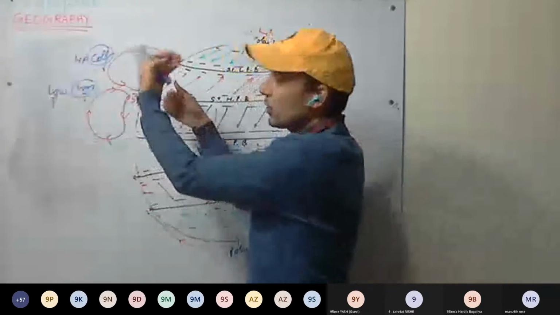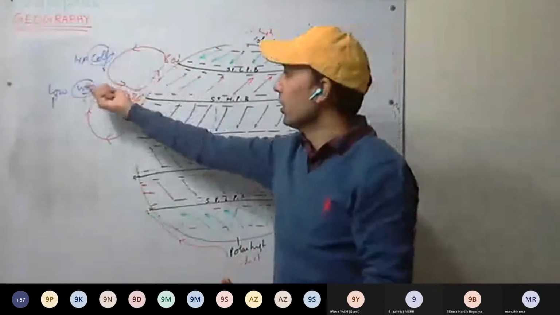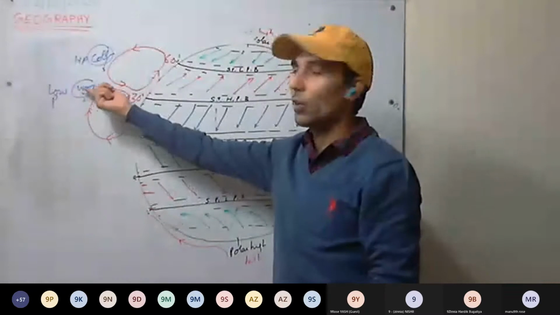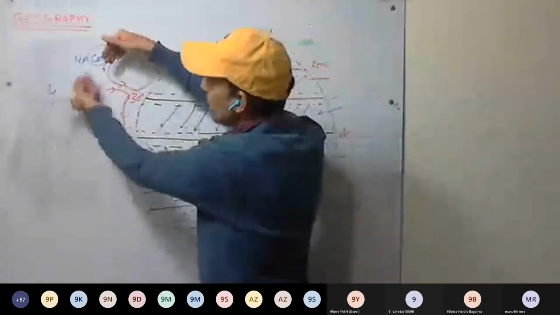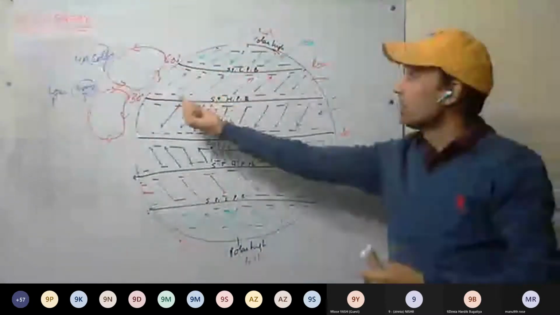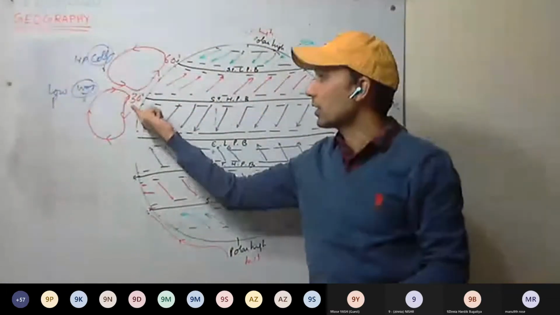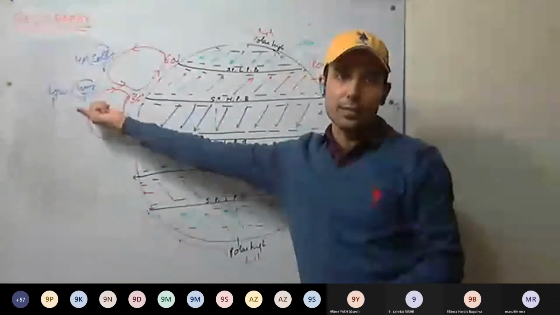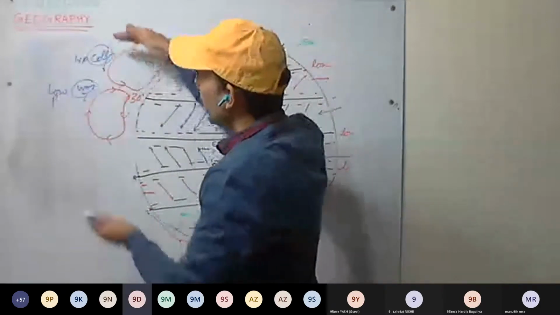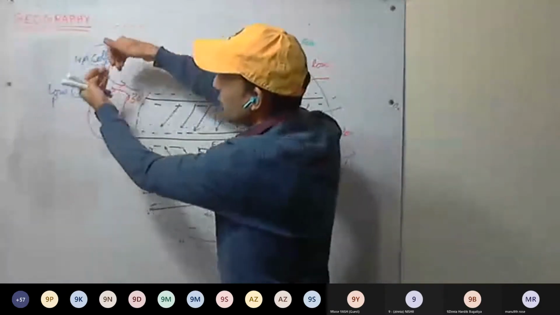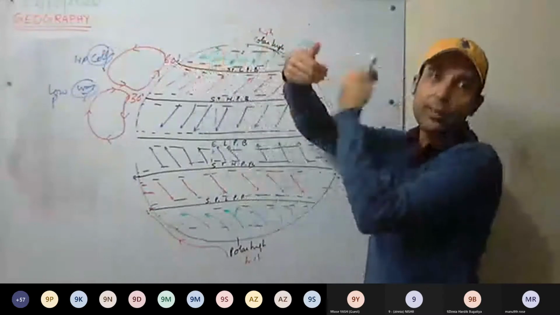This wind starts to flow eastward in the upper atmosphere, near the tropopause. Their height is around 10 to 14 kilometers. So in the upper atmosphere, jet streams are formed. This is the subtropical jet stream. It is formed around 30 degrees. Is this clear? Rather than moving from high pressure to low pressure winds, these winds flow at the boundary.